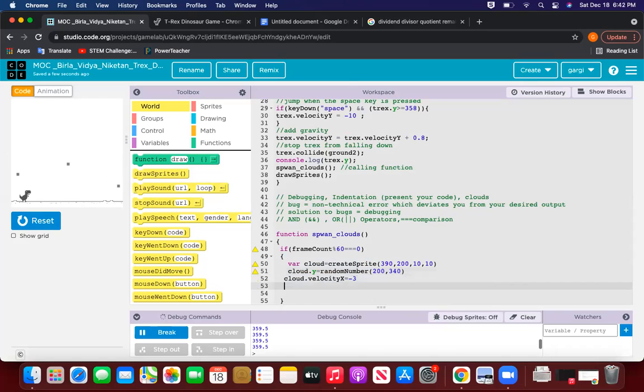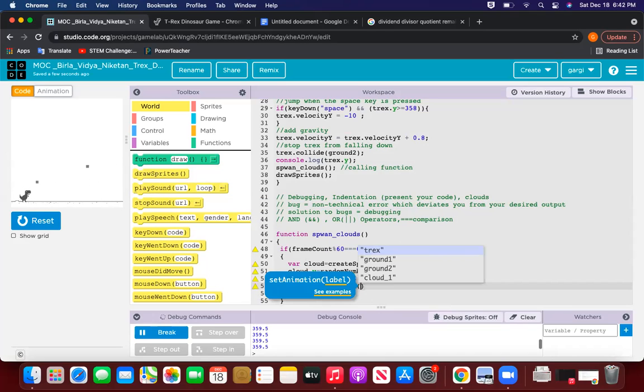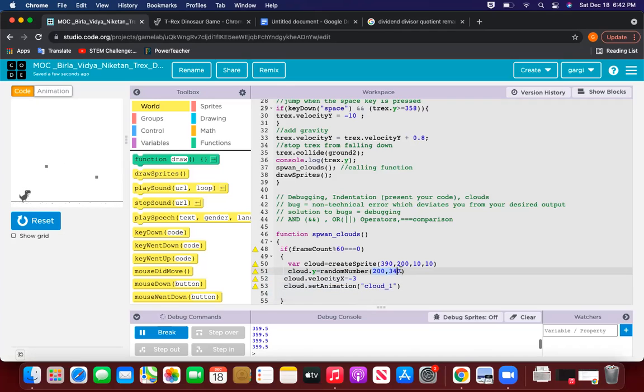Ma'am, can we also change the maximum one? Yes, these are in your control. Whatever you want to do, you can do. If you want to make it 20, make it 20. If you want to make it, let's say, 400, you can make it 400. And accordingly, your first sprite is coming.